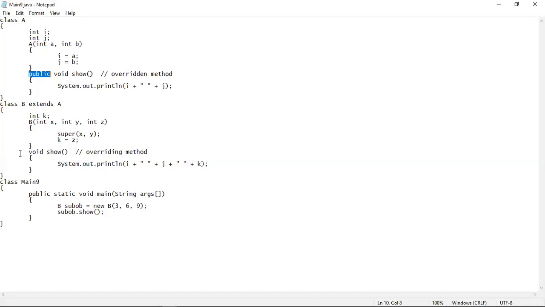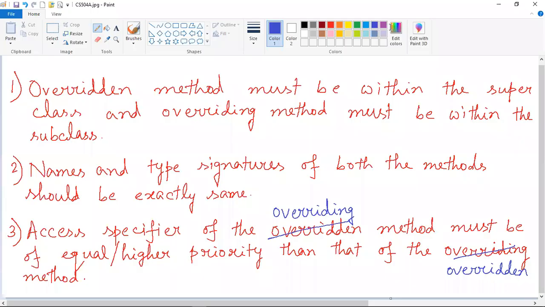Why? Because default can never override public, because default is a weaker access specifier compared to public. That means the rule should be changed like this.